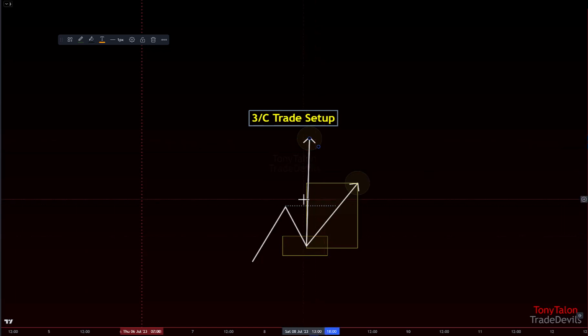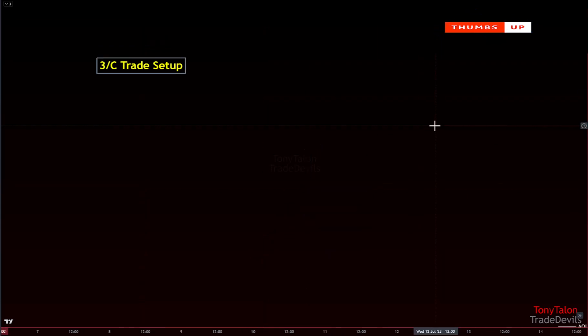Let's break down a little bit the basics and kind of look at this a little bit differently and go step by step on what we're actually really looking for here. All right, so what is the first thing we're going to look for in this trade setup? And I would definitely argue that this is the first thing we're going to be looking for in any kind of trade setup, and that's going to be